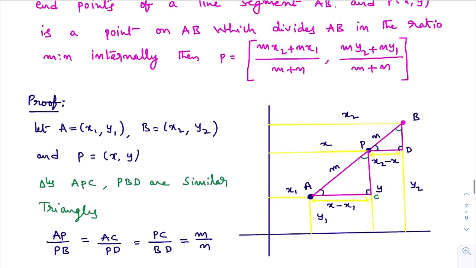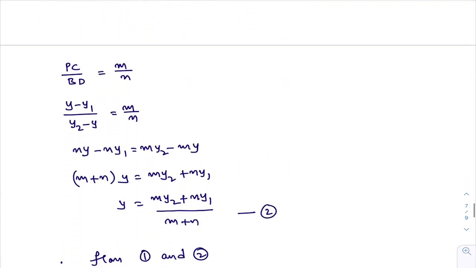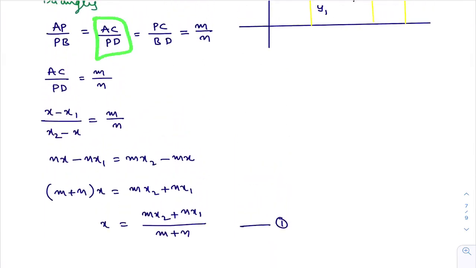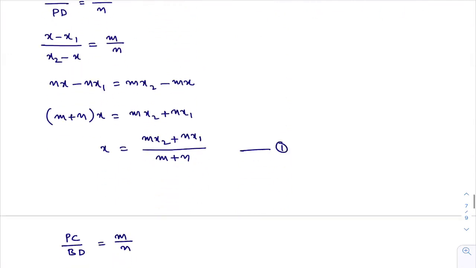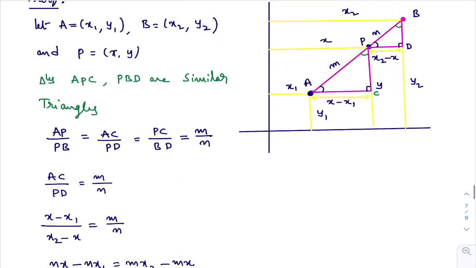I am saying that as I want to prove that P is equal to this expression, as you taken P as x comma y, you got here. Okay. Further, you can write similarly, or else what I did here, I equated this part equal to this part. Now what you do, you take PC divided by BD equal to m/n. From the figure only you observe what is PC, what is BD. This full length is y, because P is x comma y.